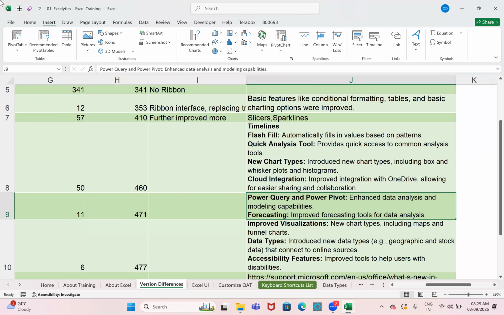Not only in the same application. You may have some data in SQL Server, some data in a Notepad file, some data on a website. You can give a connection. You don't get data from the other application, you just give a connection and you can create a pivot table. That is called Power Pivot. It is a pivot table only, but with the extra feature of giving connections to different sheets or different applications.